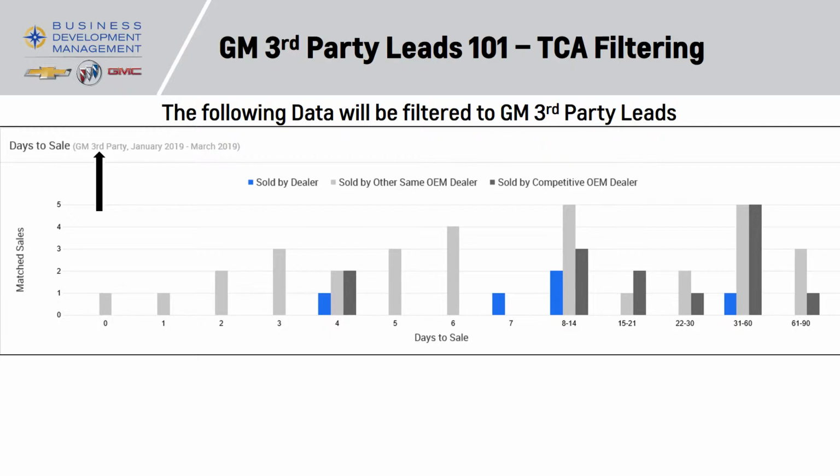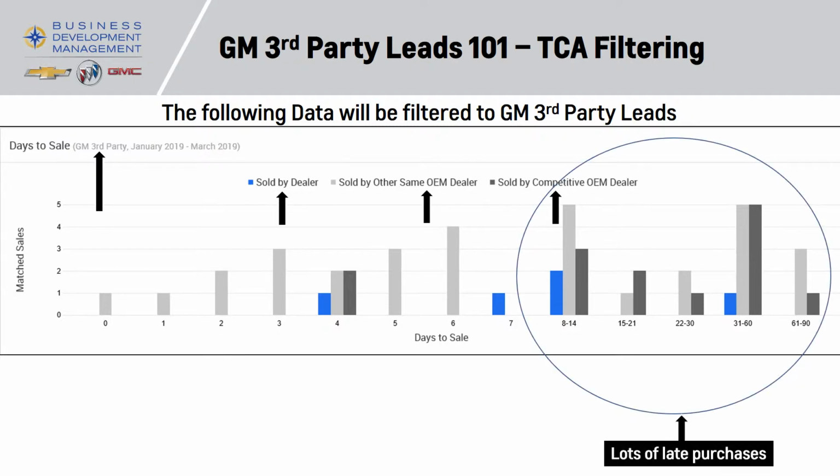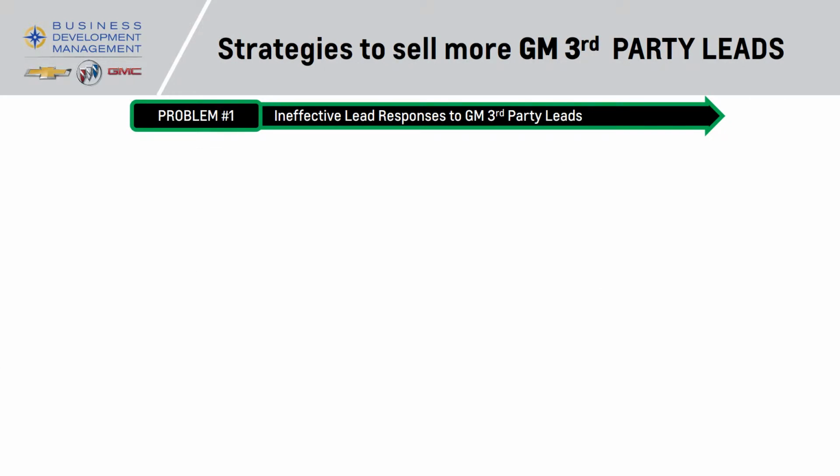So this particular dealer is very typical, losing across the board. They got one sale on day 4 and one on 7, and as you can see a little bit later, but not doing very well at all, especially up front. There's a breakdown and lots of late purchases. So solutions